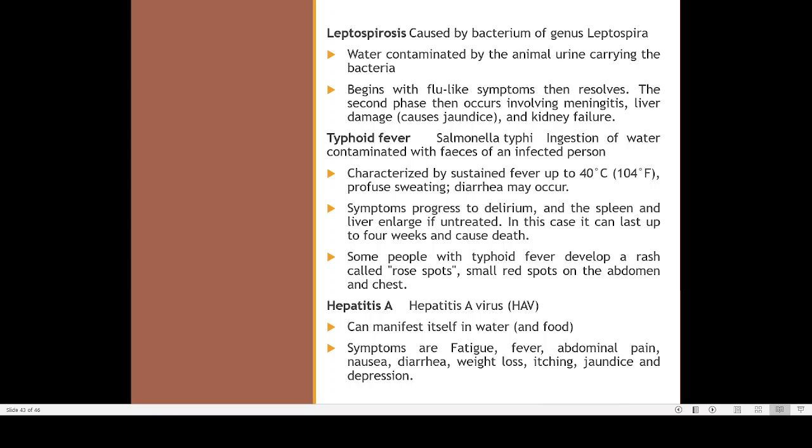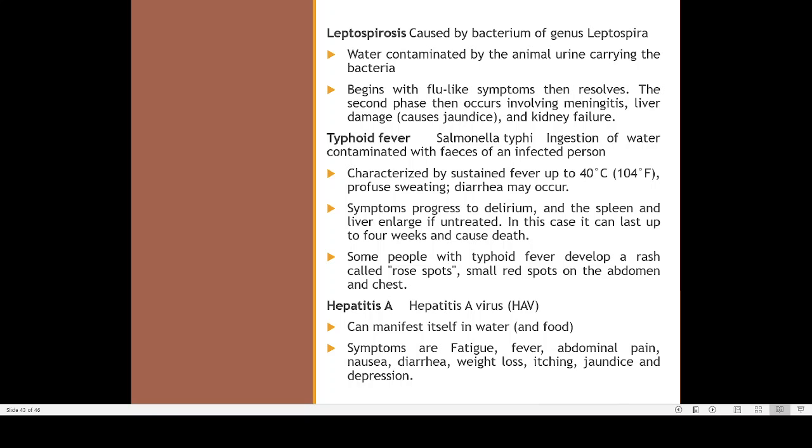Then another kind of disease is known as typhoid fever. In case of typhoid fever, typhoid is nowadays very less common. Earlier it used to be a major problem, especially during rainy season. So typhoid is also a waterborne disease. Here you can see, maybe this picture we will take. In case of typhoid, what is happening is that there will be bacteremia. There are some other ulceration, intestinal bleeding. So these are some complications of typhoid.